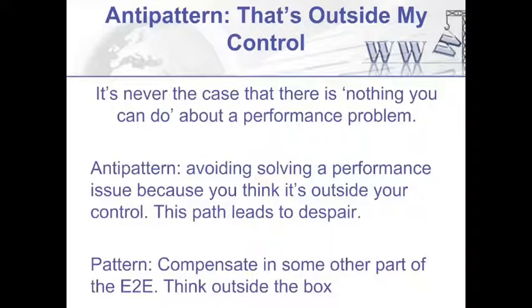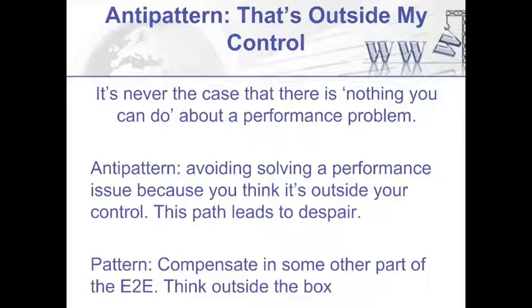And that brings me to my next anti-pattern, which is one that really, really makes me crazy. I call it, "That's outside my control." And I hear this from people all the time. People will say, "My DNS times are poor, but there's nothing I can do about DNS, so users will just have to suffer." And it's my contention that it's never the case that there's nothing you can do about a